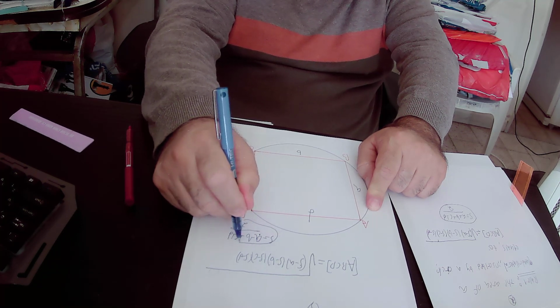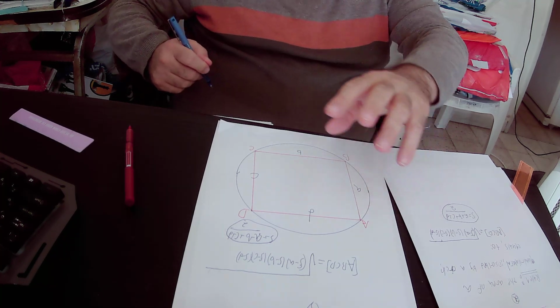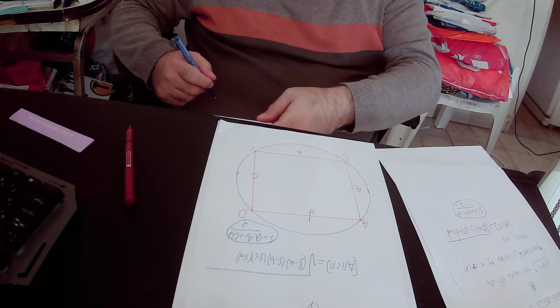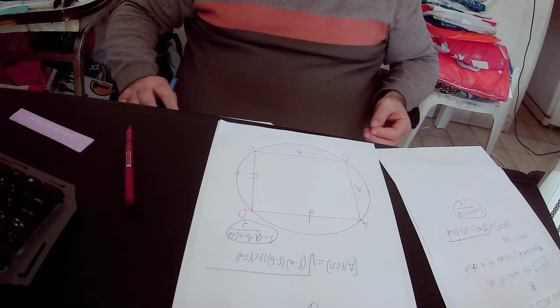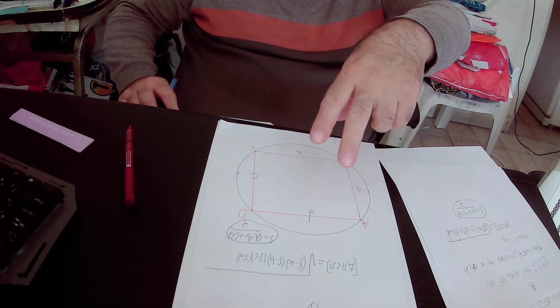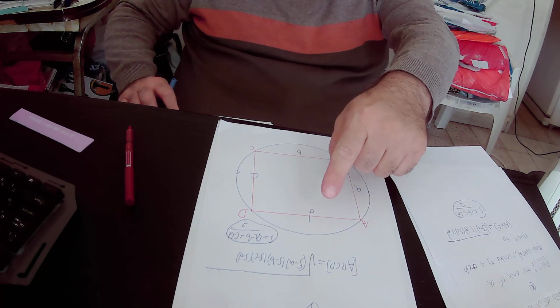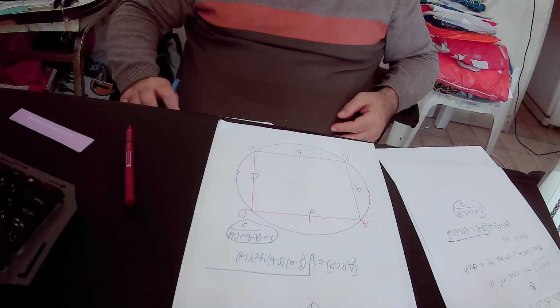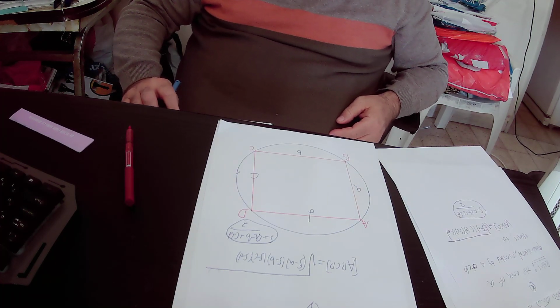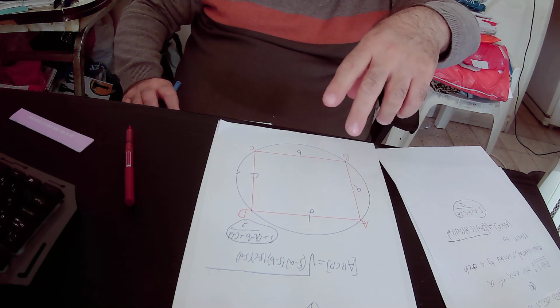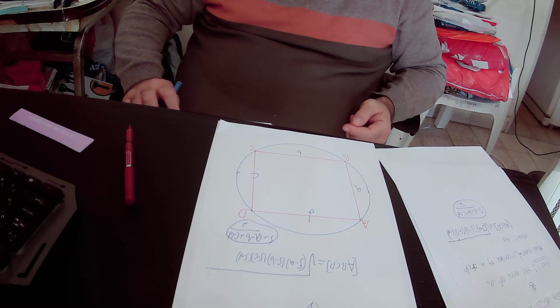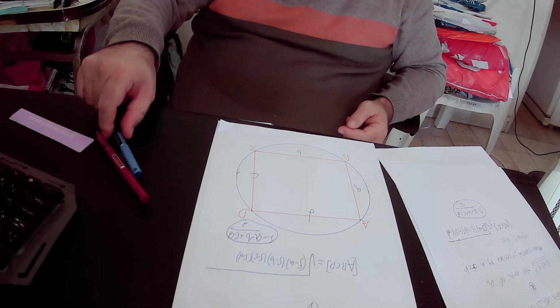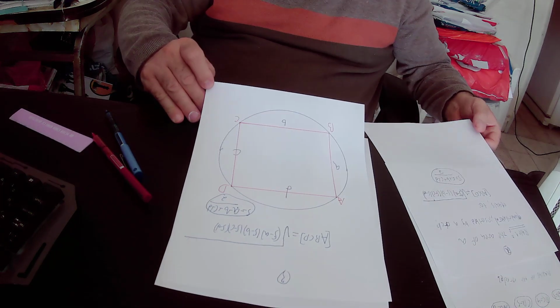Okay, so whenever you have a quadrilateral that is inscribed by a circle like in this drawing, then the area of this quadrilateral ABCD will be equal to the root of S minus A times S minus B times S minus C times S minus D. Again, A, B, C, and D are the lengths of quadrilateral ABCD sides, and S equals A plus B plus C plus D over 2. Okay, so that is all for rule number 1,